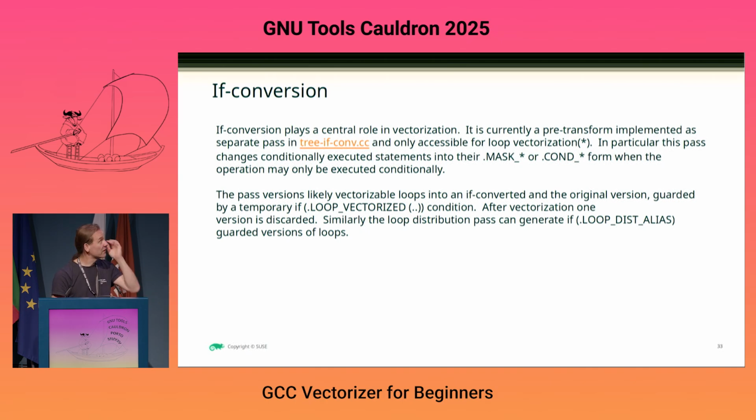As I already said, the if conversion phase will create a copy, and it will put in a conditional that says if loop vectorized, then execute this if converted loop, and otherwise fall back to the scalar code. And when the vectorizer was successful, it will replace this condition with a statically true or false condition. So basically one of the copies will be thrown away, and the if conversion will be undone